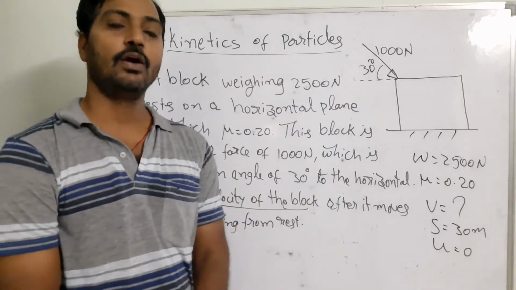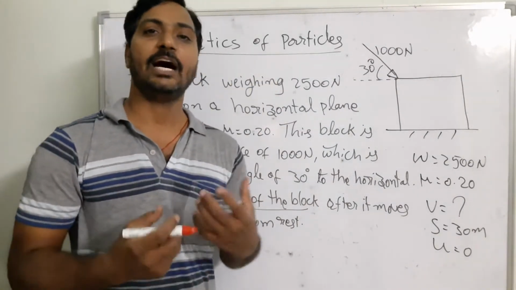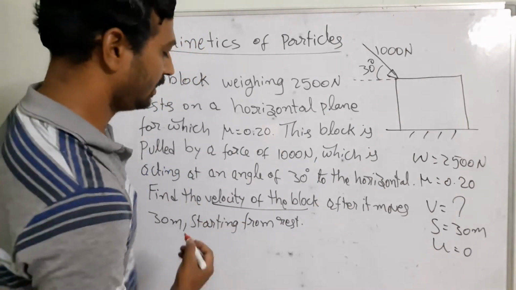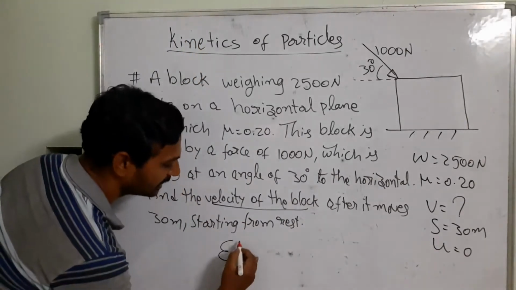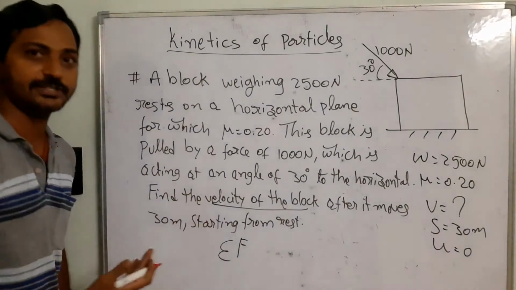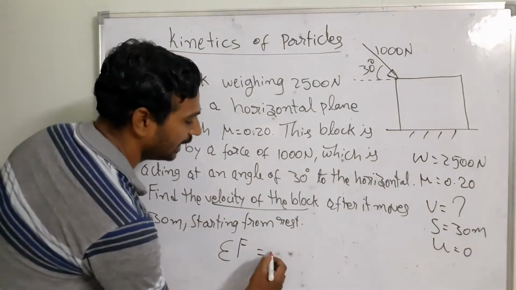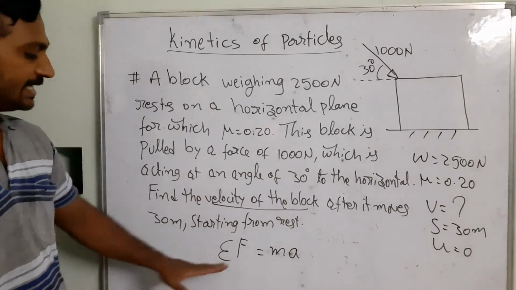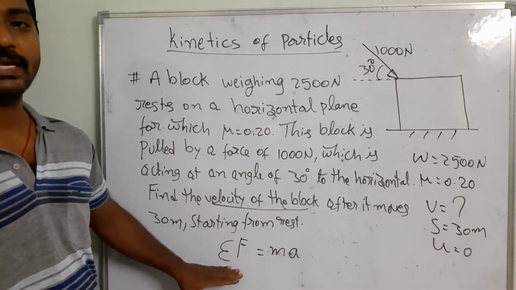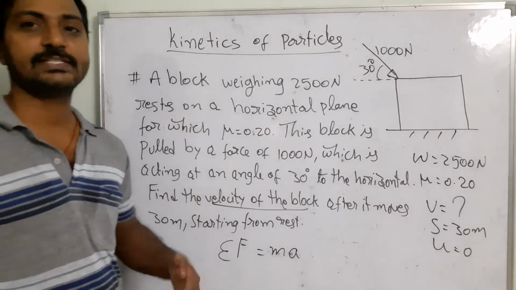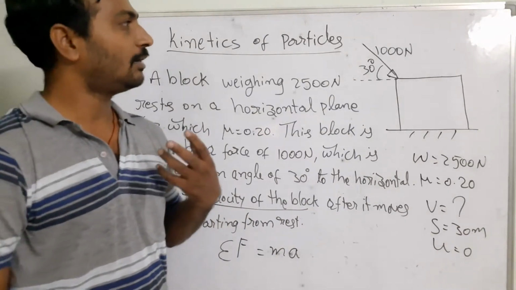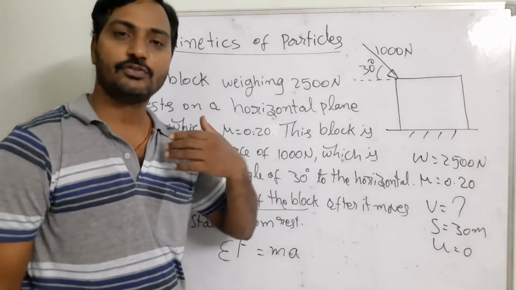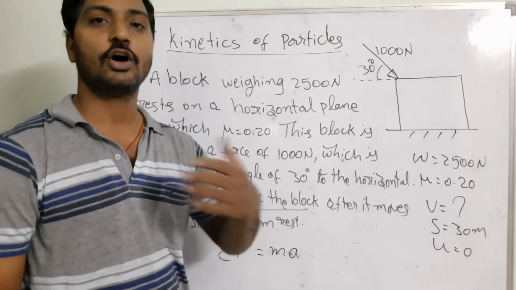So once again, we are going to apply the D'Alembert principle, which is nothing but the summation of the forces acting on the system being equal to the inertia force of the particle. How many forces are acting in this case? That includes the forces by which the body is trying to move in that direction. What is the cause of that motion?